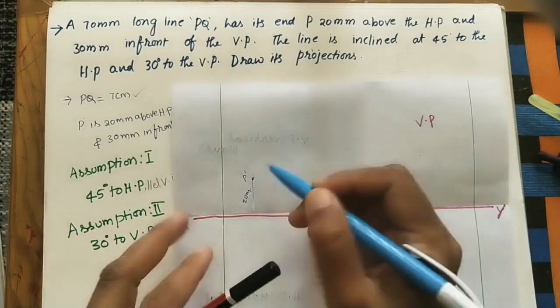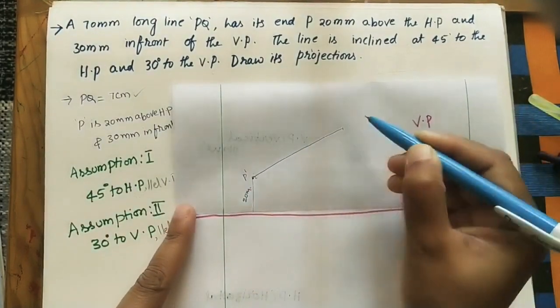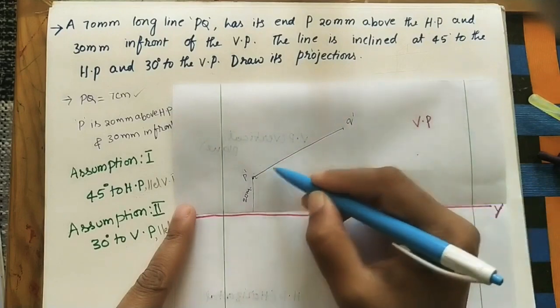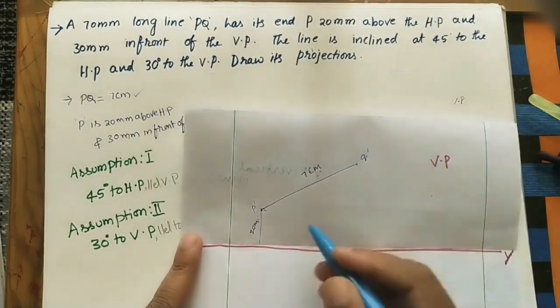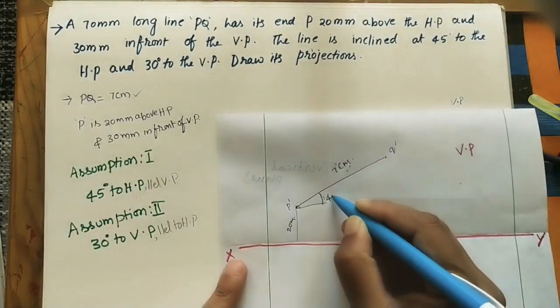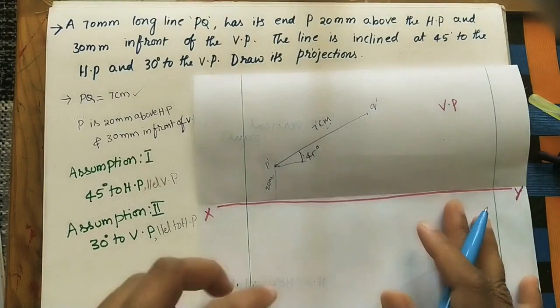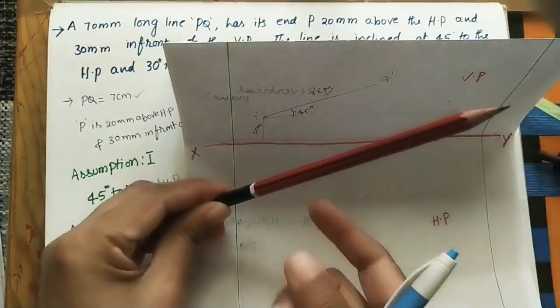Again we will see the entire true length. Okay, this line is Q dash I am marking. We can see the entire length. What is the line length? 7 cm. How much is this angle? It is making 45 degrees with the HP. Okay, this is the front view like this. Now we did the front view of this line.